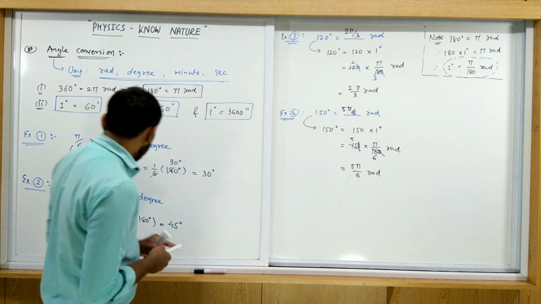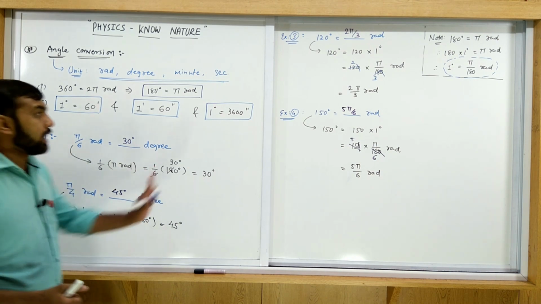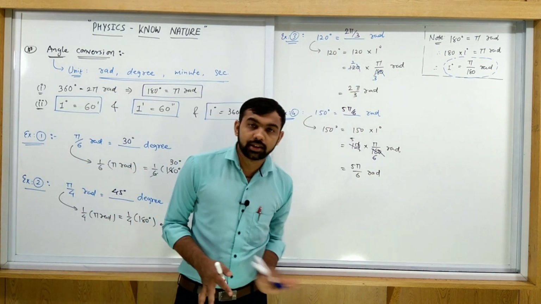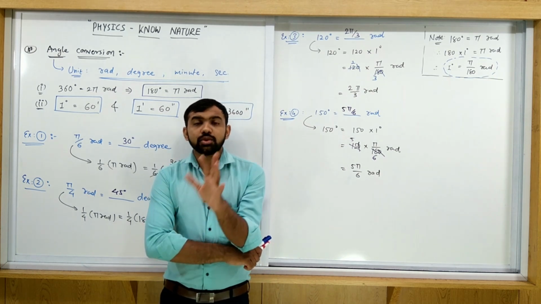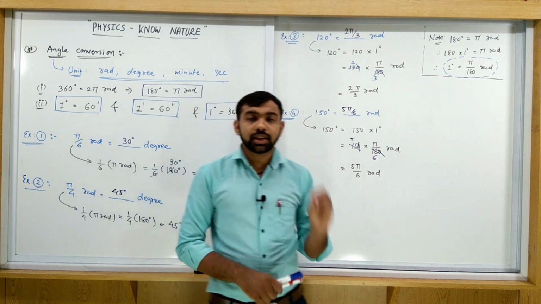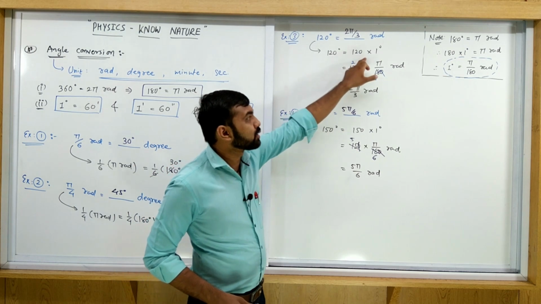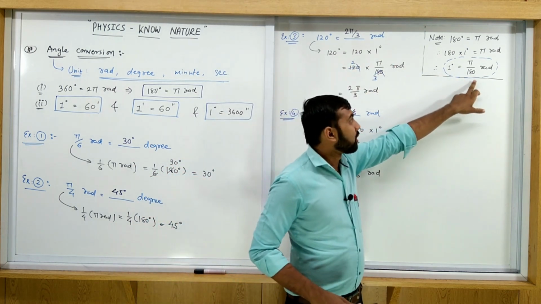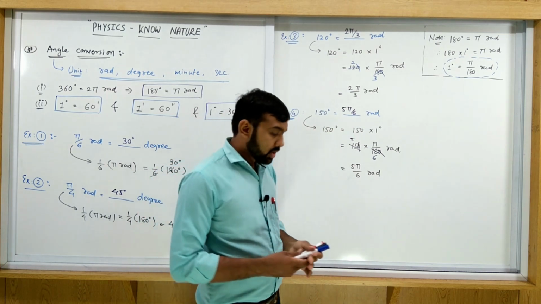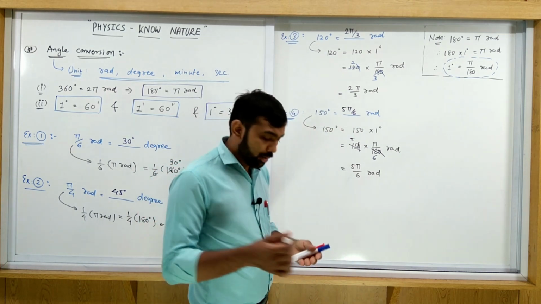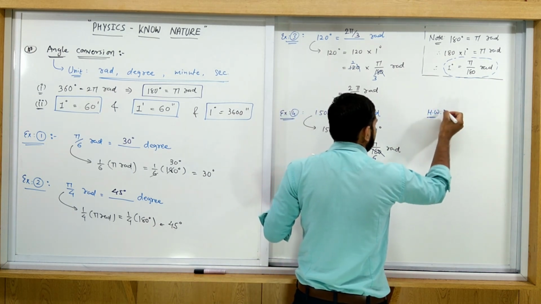So in this way you just convert an angle from radian to degree and degree to radian. This is quite a simple method. Wherever you see pi radian, you just put pi radian is equal to 180 degree, and wherever degree is given, you just write this degree in this way and replace 1 degree by pi upon 180 radian. So finally you get the final answer. Some examples, try to solve by yourself at your home. So write down some homework examples.